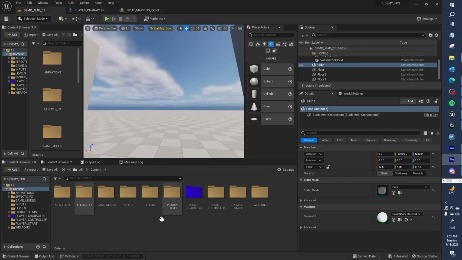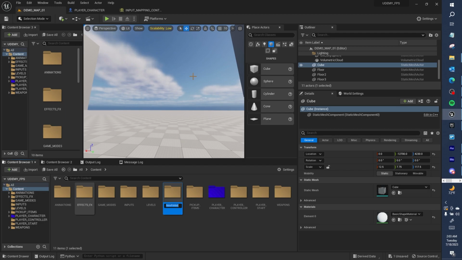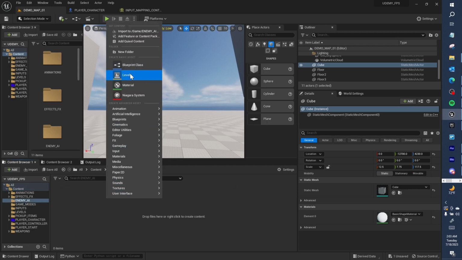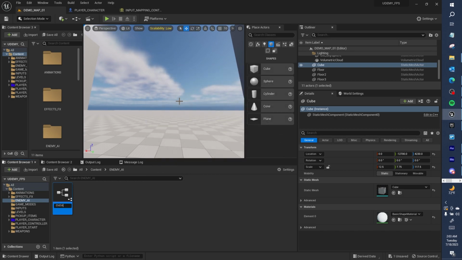Hello. Let's try clicking the content browser. This episode we're going to add enemy AI. Let's right click the blueprint class. Let's create a character. Let's call this enemy AI